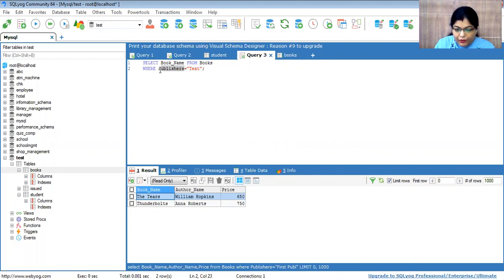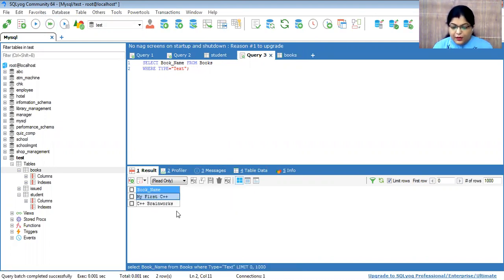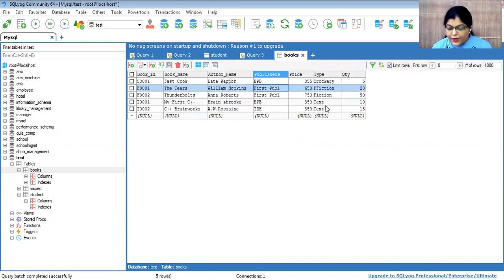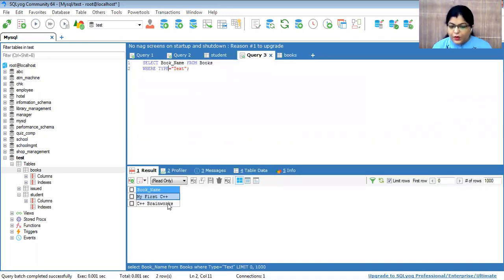Here we have to write where type is equal to text. So just see here, there are two names. In this book, there are two texts. So what is the name of the books? My First C++ and C++ Brain Box. So there are two books which have the type text. Got it? Now come to the next question.